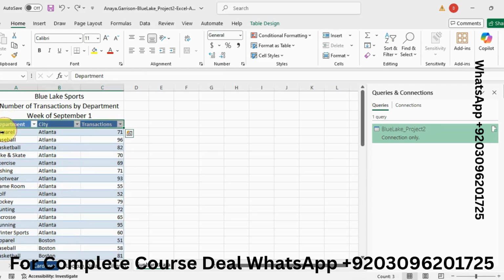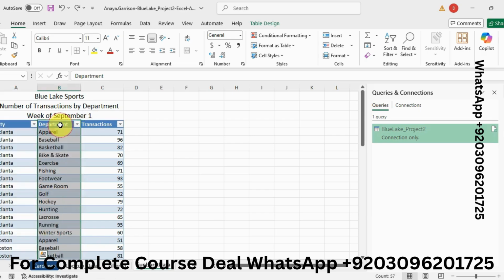No, we need to, yeah, now I need to move it to here. Yeah, now it's okay. First, I needed the city column to be column A, so I have done that.